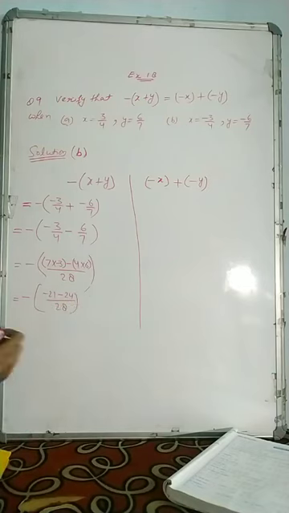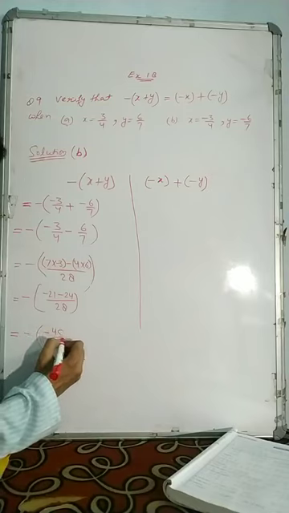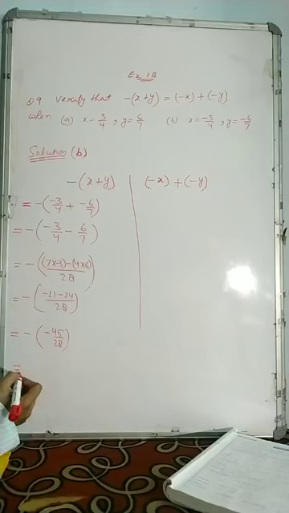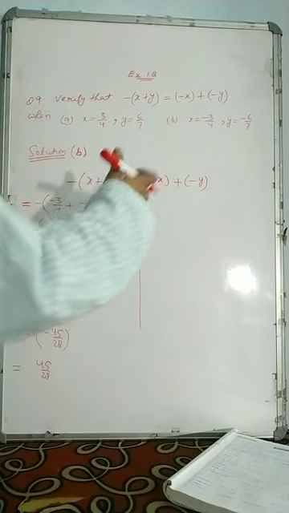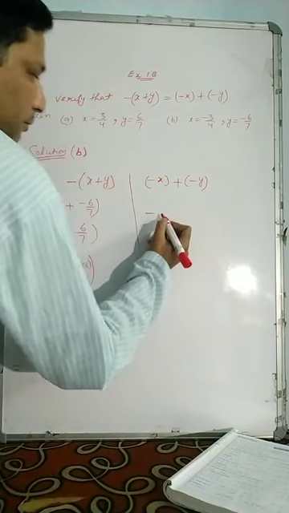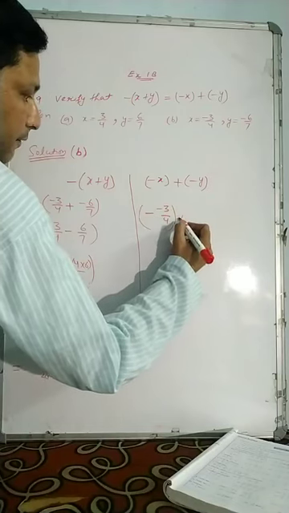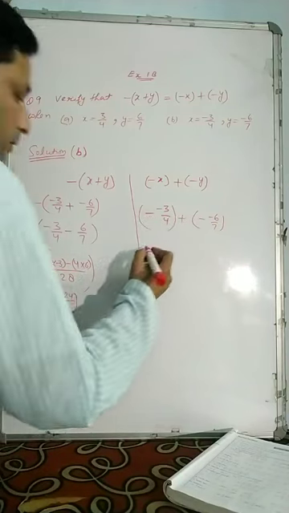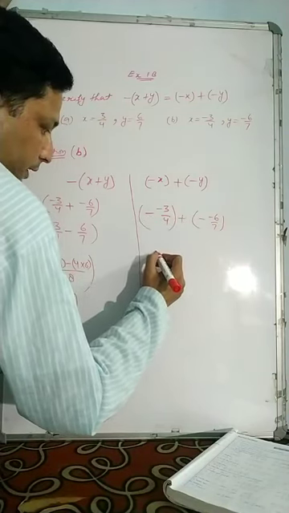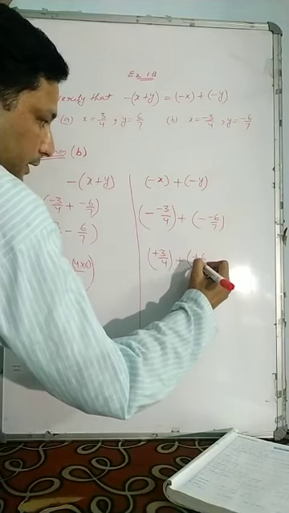Now here in the bracket we get minus 45 upon 28. Now after opening the bracket, we get minus minus plus, means 45 upon 28. Now moving on to the right hand side, here we will put the value of x, that is minus 3 upon 4. Then we will put the value of y, that is minus 6 upon 7. Here you can see there are two symbols, so we will do standard form, that is minus minus plus 3 upon 4 in bracket plus in bracket plus 6 upon 7.